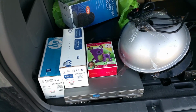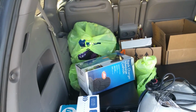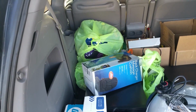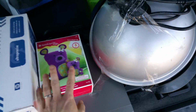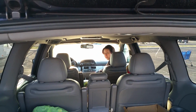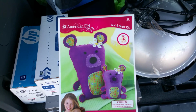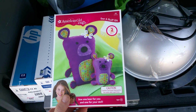Alright, everybody, we just left Goodwill Store number 6, I think it was. I'm only going to show you a few things. Mainly picked up a few clothes, a couple t-shirts for eBay, CDs, and I picked up, or actually the wife picked out, we dropped off Aunt Alex and my niece Sheila, and now I got my wife from work, and the wife picked out the American Girl Craft Sew and Stuff